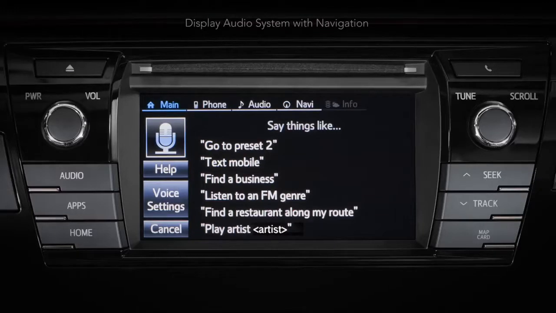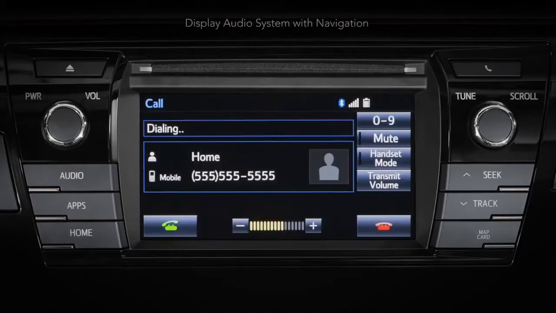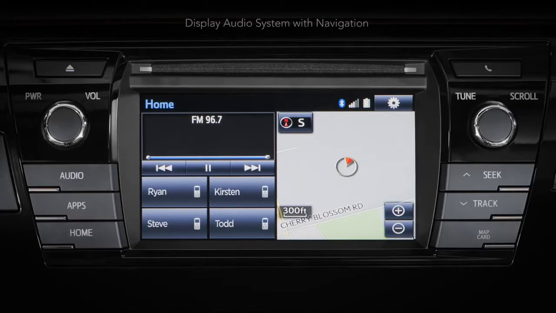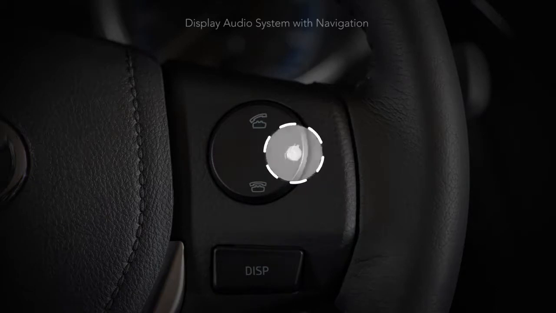mobile device. Call home. Calling the mobile number for home. You also have the option of speaking a number aloud if you don't have the contact stored on your mobile device. For models equipped with the advanced voice recognition system, add a destination or navigate to a point of interest